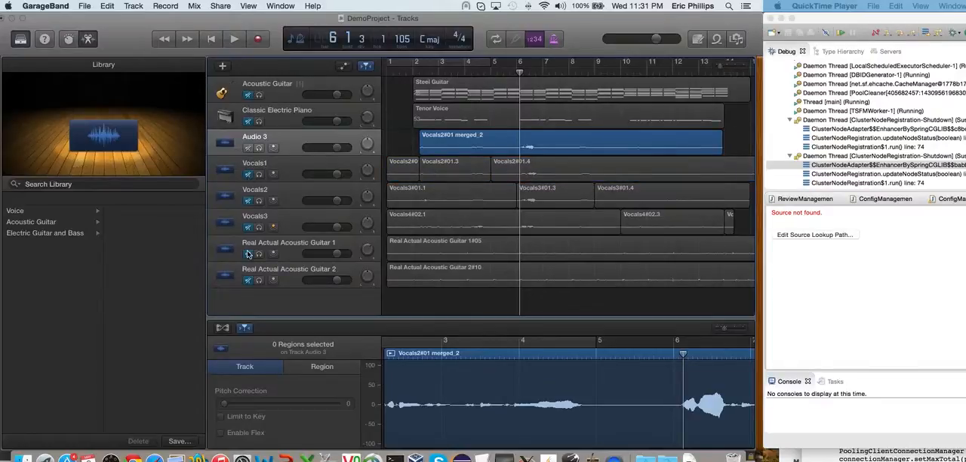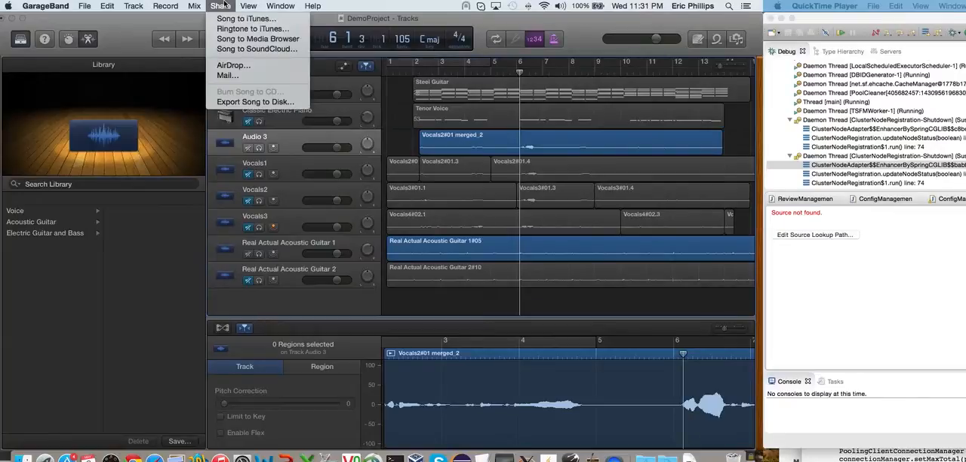deselect this, select one of our guitar performances that we like, and now we will have a single version that we can export to disk